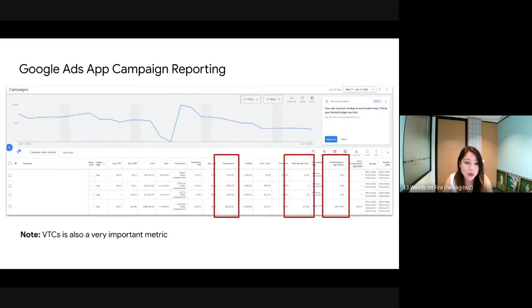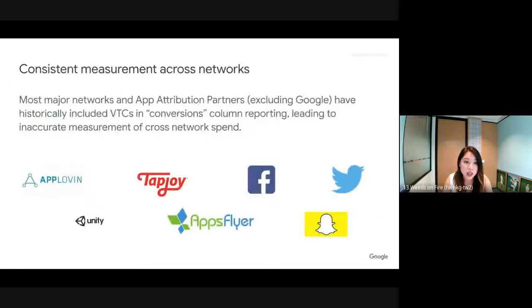The reason we bring this up is that a lot of other networks, like our competitors such as Facebook, or even our app attribution partners, automatically include view-through conversions in their conversion reporting. So if you want to compare apples to apples, sometimes when you see a discrepancy, remember to also include view-through conversions from your Google Ads so that it will be a fairer comparison.